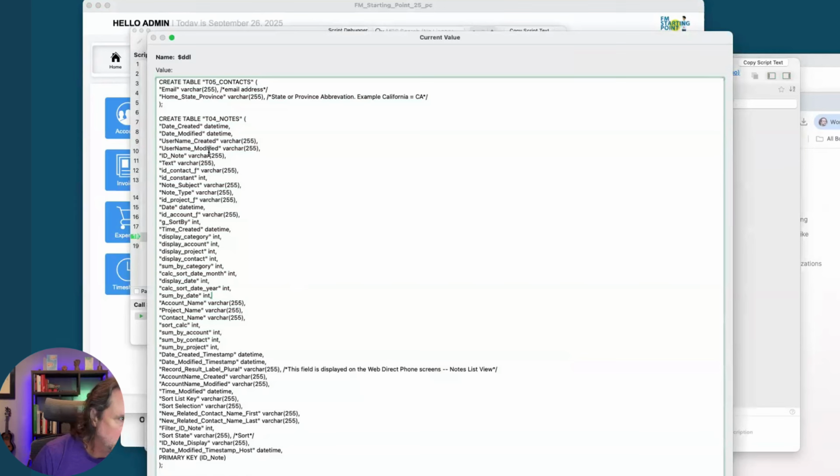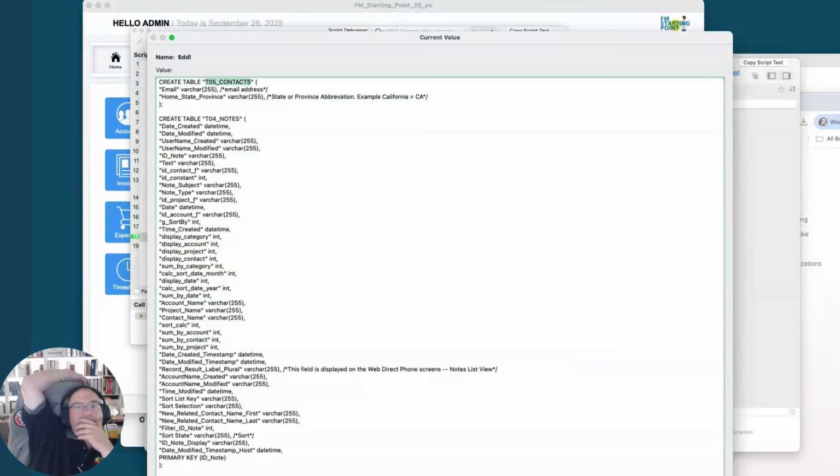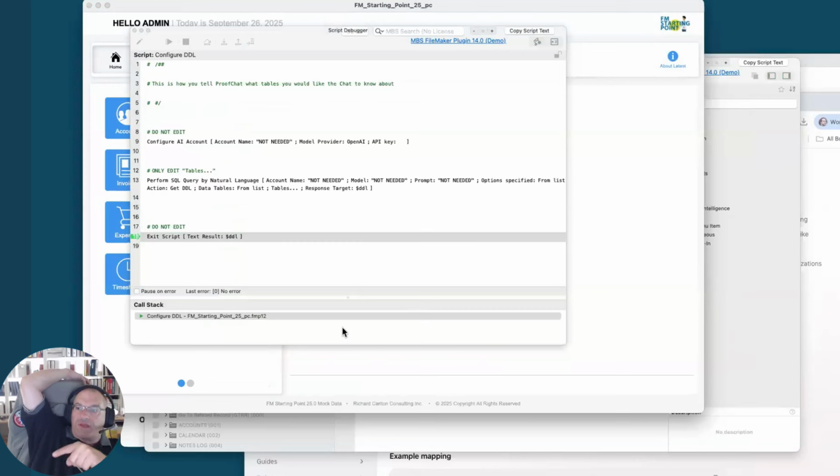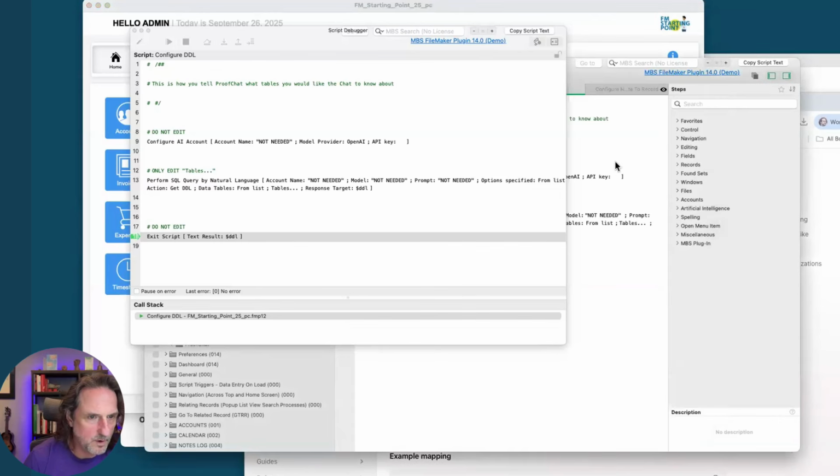This is important because this is the table name that it knows about. That's what's going to show up in our script. But that is actually the table occurrence name. For those of you familiar with Anchor Buoy, that's the anchor that we're using. In fact, let me copy this out